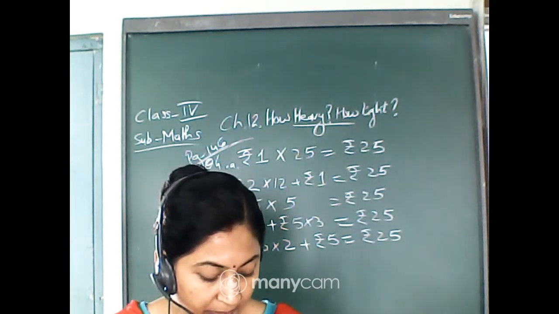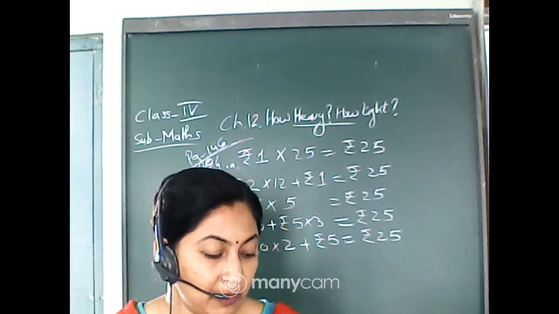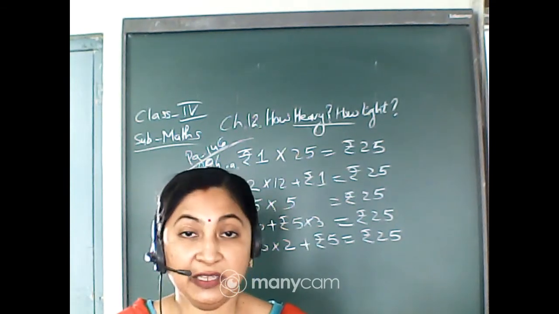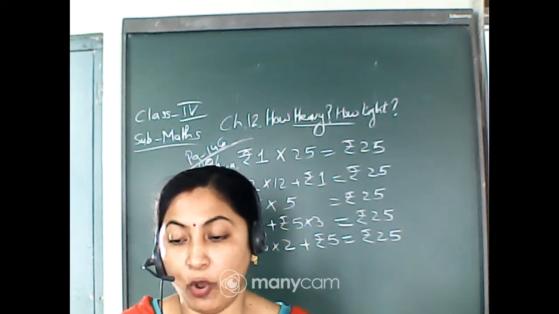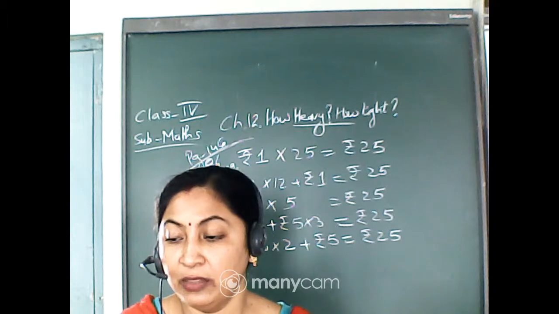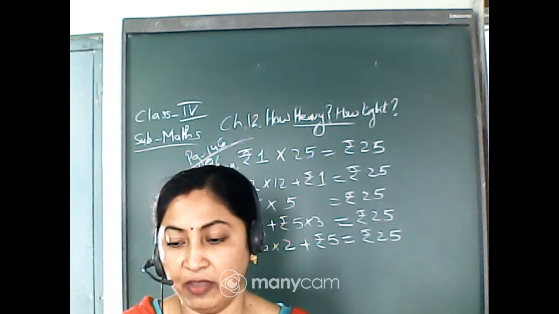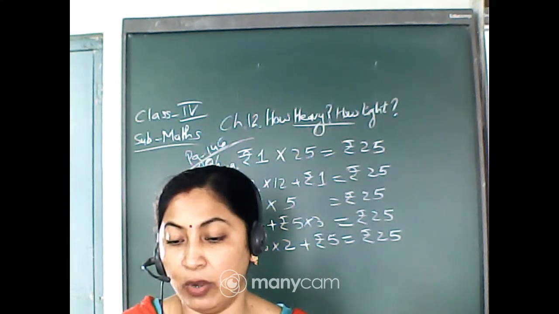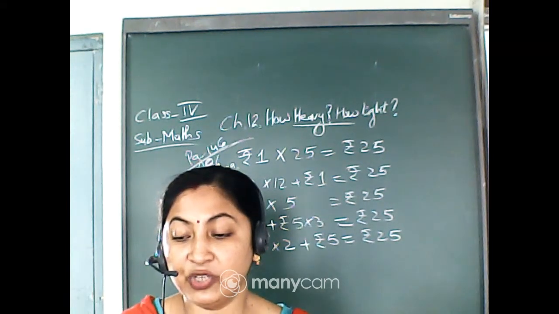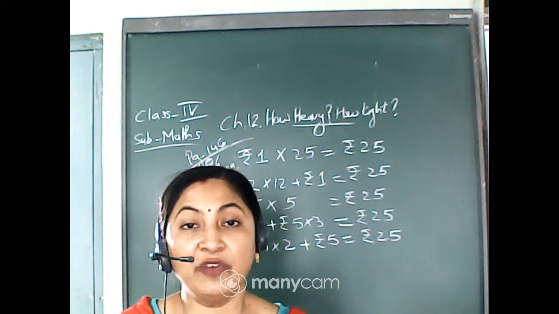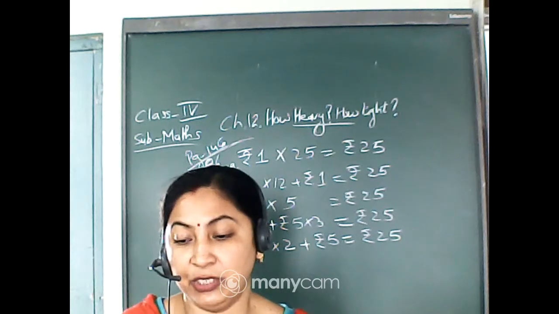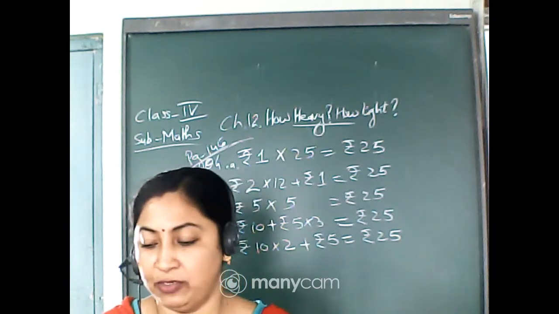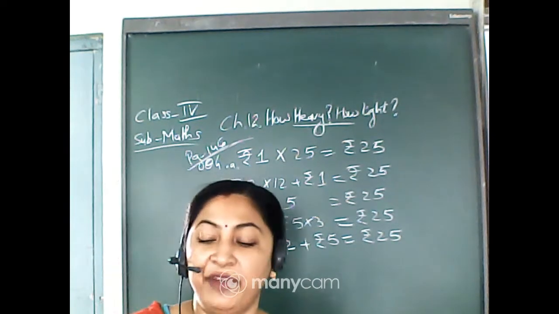Okay, turn the page, come to page 148. Puzzle. This puzzle you will solve on your own, but then also I am reading. How many oranges? All oranges have equal weight. The 2 papayas have the same weight. The weight in the first and second balances are equal. So how many oranges balance the weight in the third one? Now here 3 pictures are shown and it is written that the weight of 2 papayas is the same and all the oranges are of the same weight. Now with these things you have to weigh the different thing.